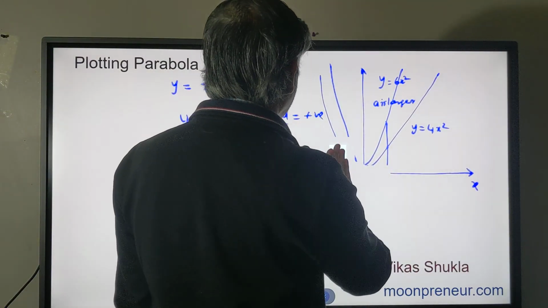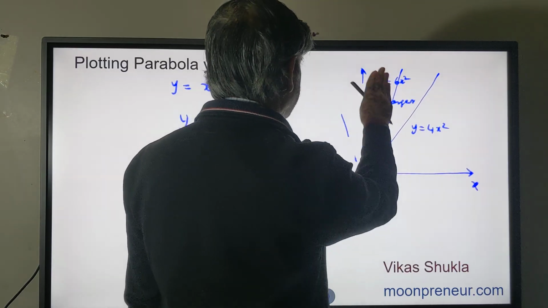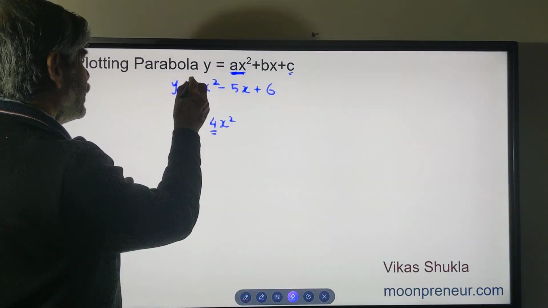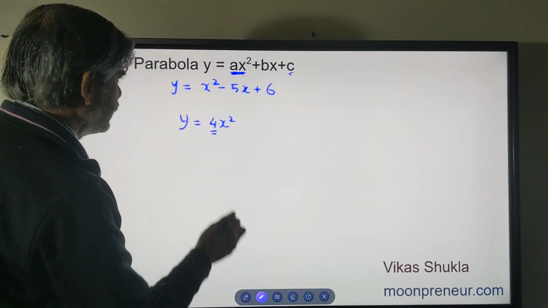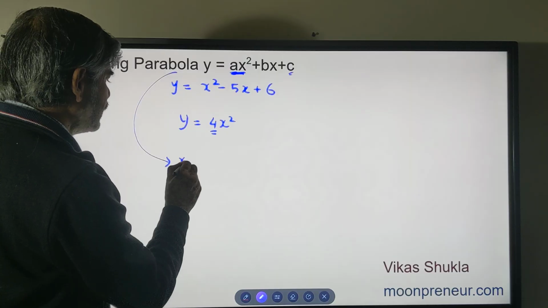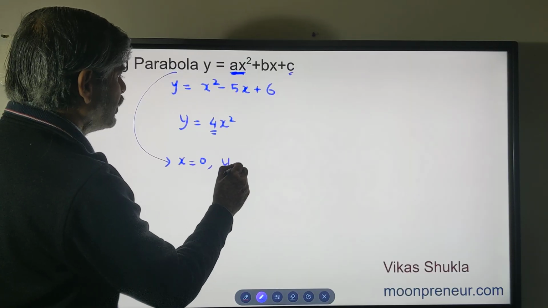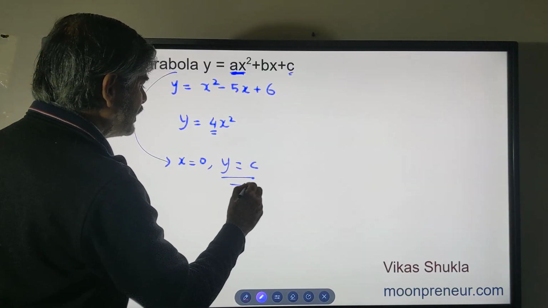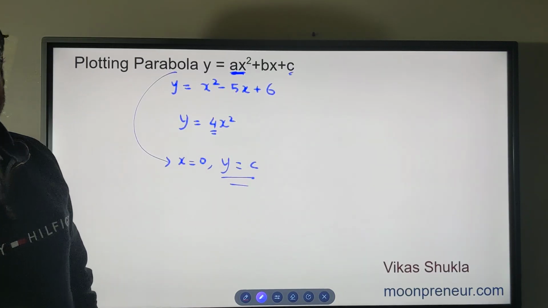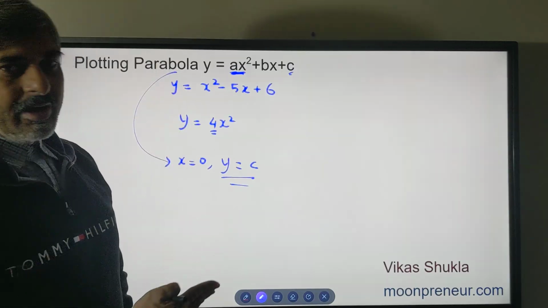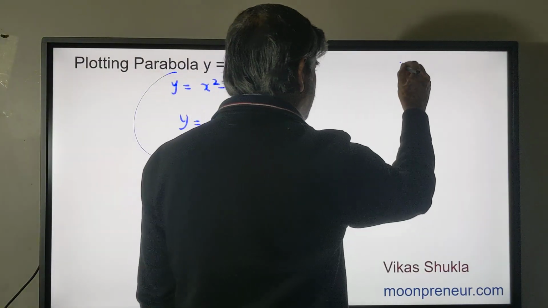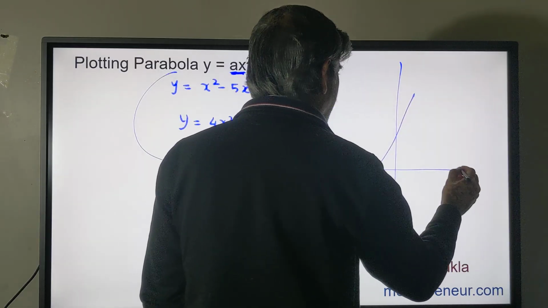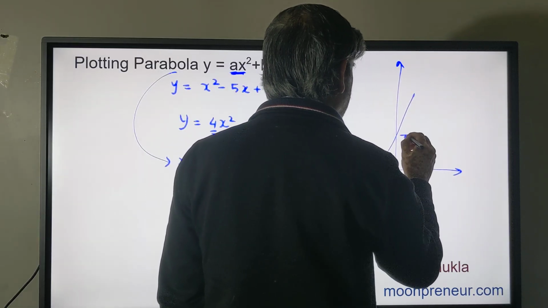So let's delete all of this and make a clean sheet. We notice that in this equation, when x is equal to 0, y is equal to 0 into x square plus b into x plus c, so y becomes c. So c represents the intercept on the y-axis. If this is the parabola, and if this parabola is going to cut the y-axis like this, then c represents this